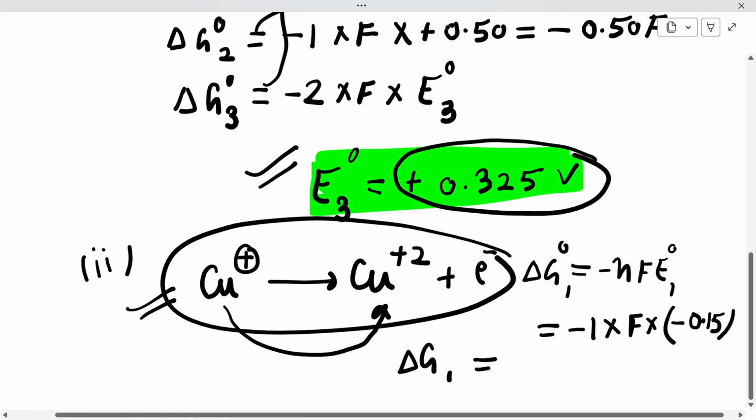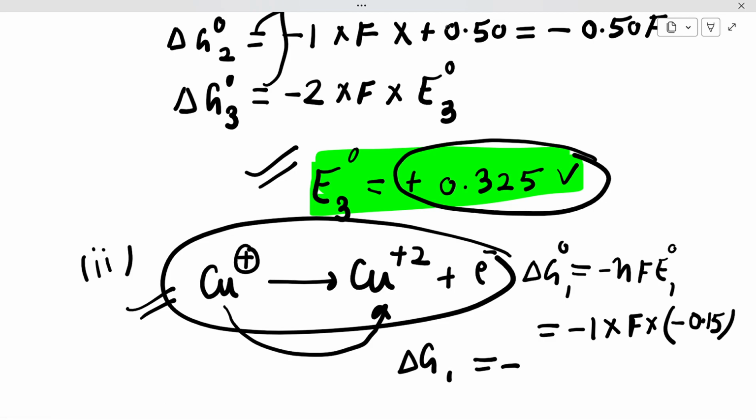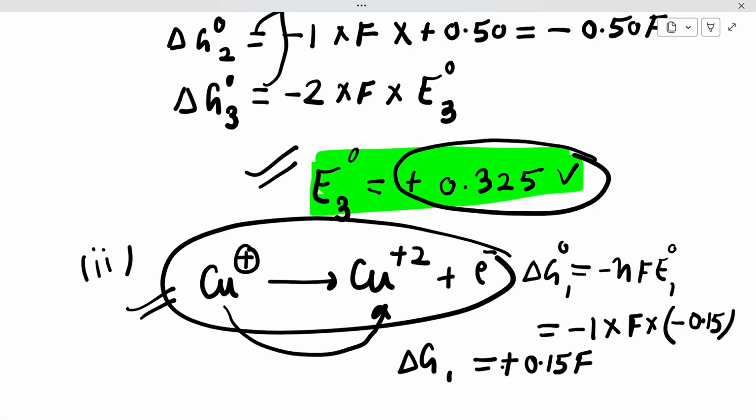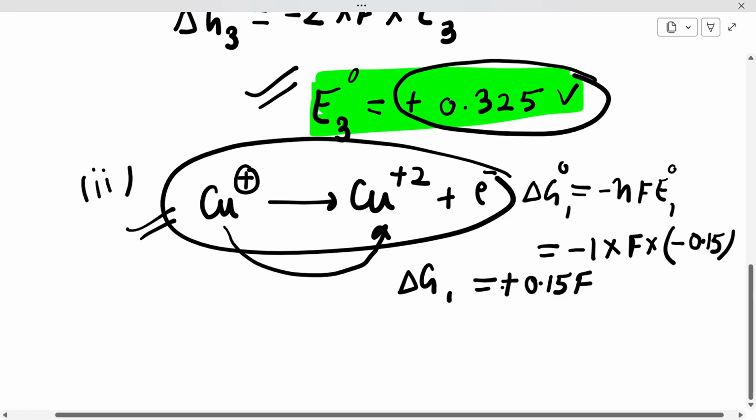So here we have minus 0.15. Now our delta G1 will be equal to minus times minus, so that is equal to plus